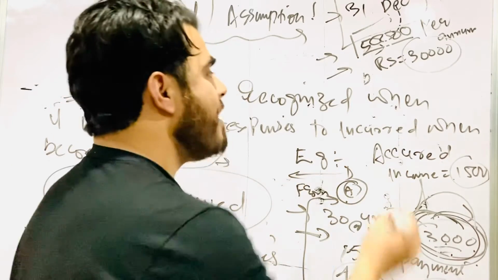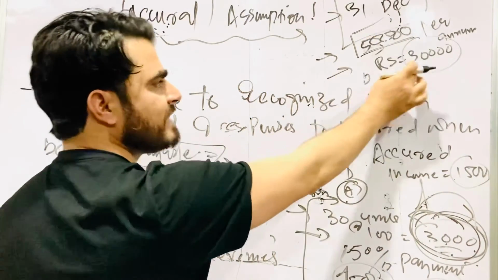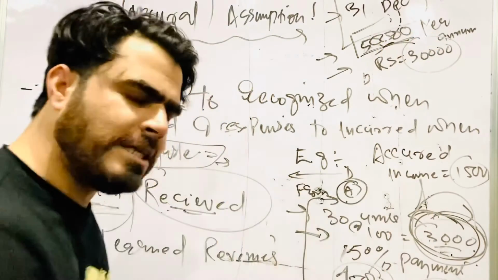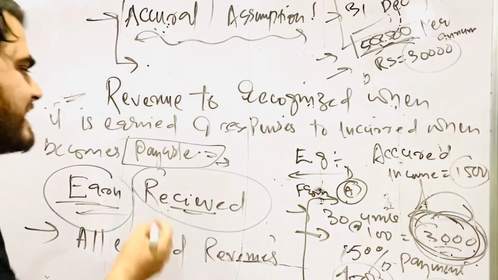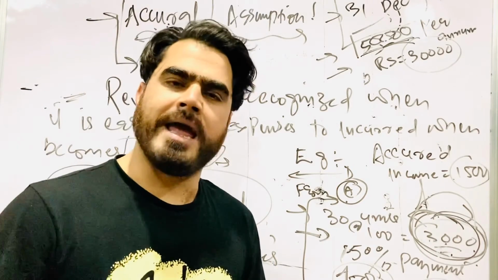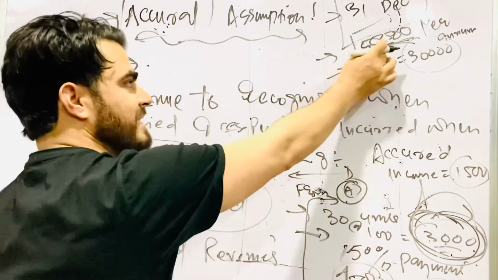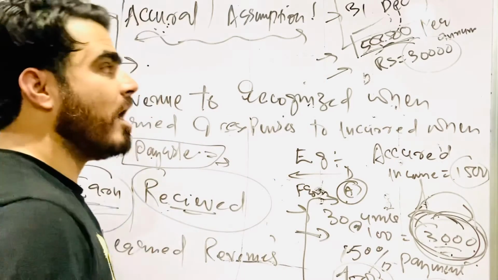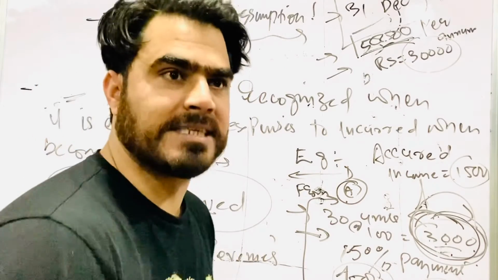नहीं, हमें पेमेंट करनी थी 50,000 रुपए की। We are supposed to make payment of 50,000, but out of the 50,000 we made the payment of 30,000. The remaining 20,000 will also be recorded, will also be shown as an expense, because this amount is payable। ये अब हमें देना ही देना है। फ्यूचर में कब दे कब नहीं दे वो फ्यूचर की बात है, पेमेंट फ्यूचर में होनी है अब इस वाले पैसे की, बट भाई एक्सपेंस आपको ये इसी साल में ट्रीट करना है। और दैट इज वाई एक्सपेंस हमें तब इनकर करनी है, एक्सपेंस हमें तब रिकॉर्ड करनी है